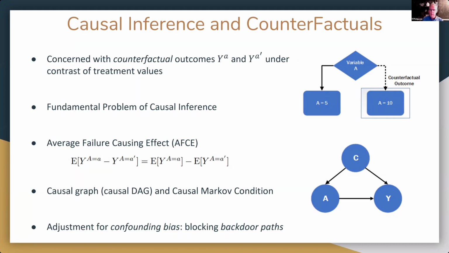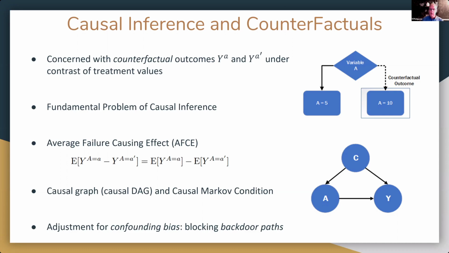Normally in a study, we get to observe the value of an outcome variable for only one value of the treatment variable. The outcome under the other treatment value is counterfactual, counter to the facts. The fact that we can only observe one of the two counterfactual outcomes is known as the fundamental problem of causal inference. If we knew the counterfactual outcomes under all treatment values, we would compute the individual causal effect under any pair of treatments. Since we don't know all the counterfactual outcomes, we have to estimate average treatment effects.